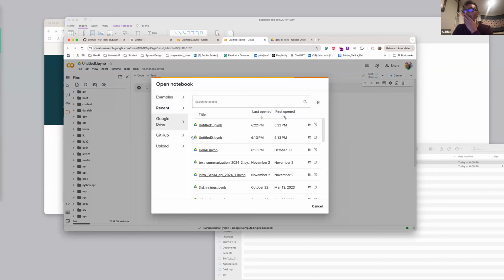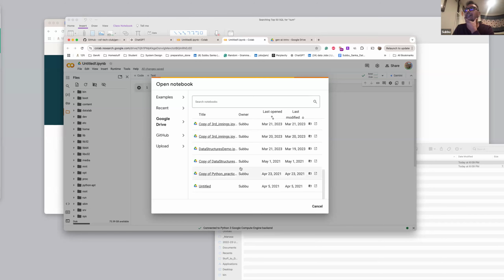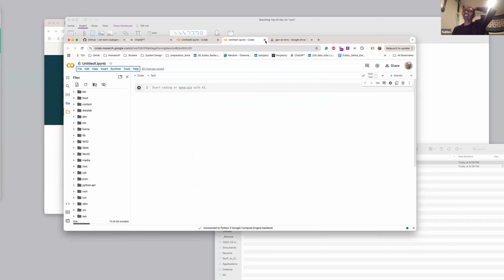And then click Google Drive, and all those notebooks inside your Google Drive that you mounted should show up in here. Okay, I see what you mean. You pick one at a time. Okay, I'll take it from here. I think my drive is so big, it's almost 75 GB, as you can see. Yeah, I'll deal with this. You can use this half hour to see if you can get it open and run it from there, right?